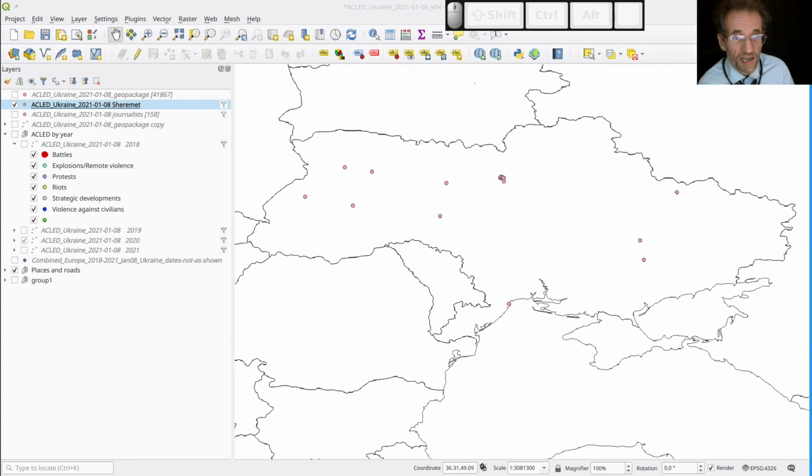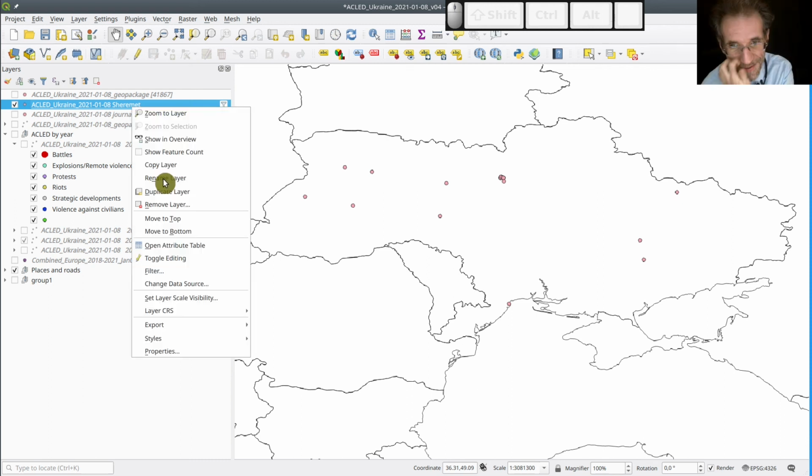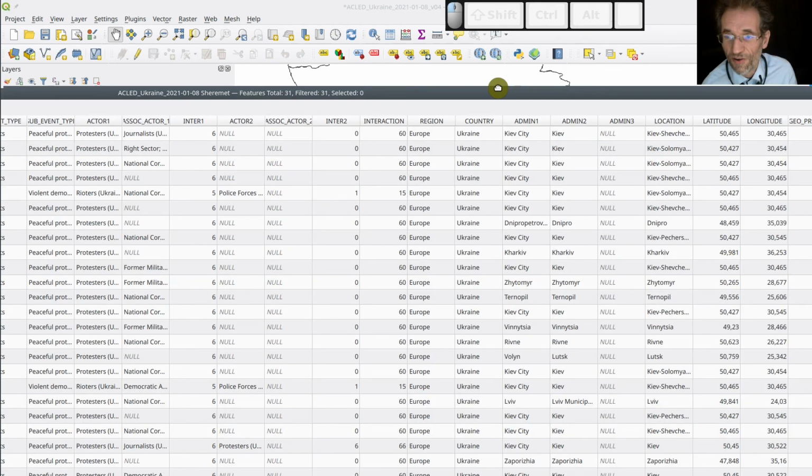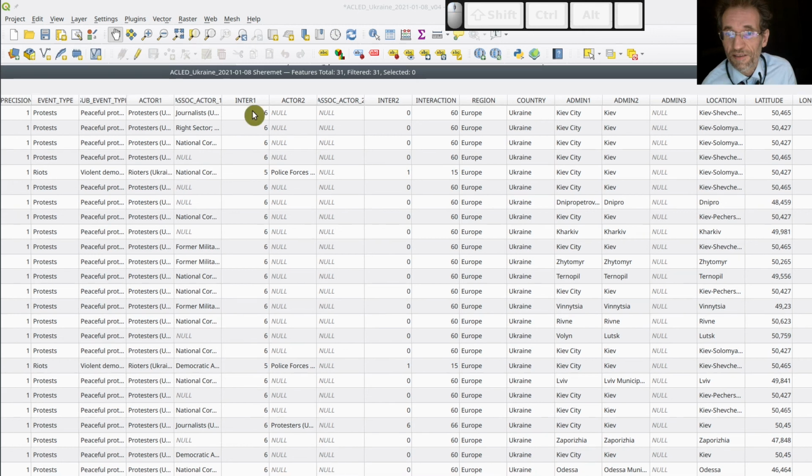Sheremet. And now we want to have a better look at the kind of events, and the kind of interaction between which kind of actors. If you have not done so, you should read the codebooks, and you will see what those inter 1, inter 2 mean. And here they are related to the actors, the kind of actor 1 and